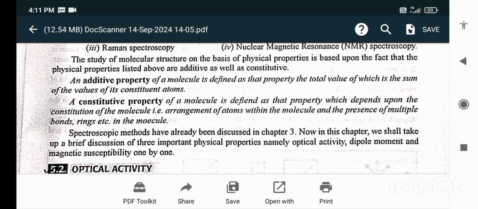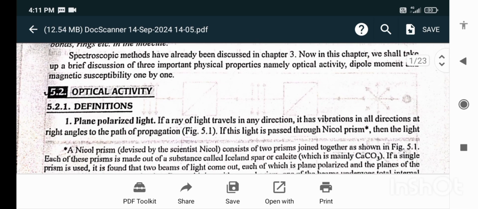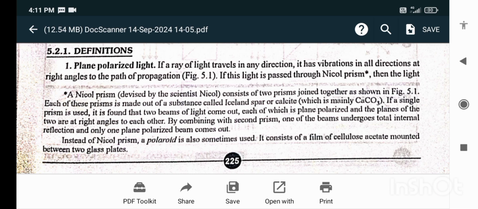Now in this chapter we shall take up a brief discussion of three important physical properties, namely optical activity, dipole moment and magnetic susceptibility, one by one. Optical activity. Definitions. Plane polarized light. If a ray of light travels in any direction, it has vibrations in all the directions at right angle to the path of propagation. If this light is passed through a Nicol prism, then a Nicol prism devised by the scientist